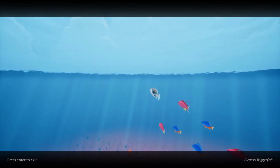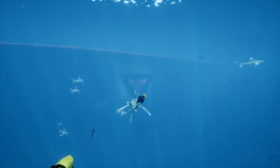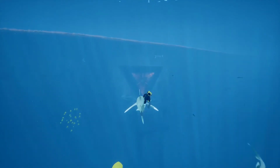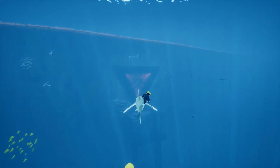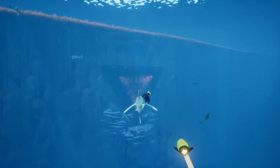As for this game's other section, the on-rails stuff, it's exactly as it sounds, you're on rails. You swim through a big current with the only real gameplay being moving around to swim through schools of fish, which just seems rude, quite frankly. There's also no incentive to do so from what I can tell,